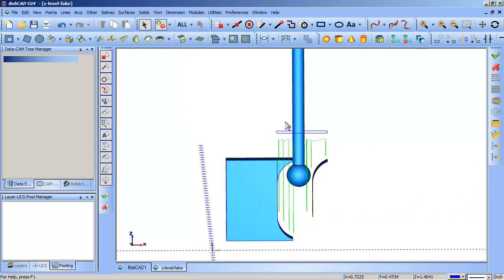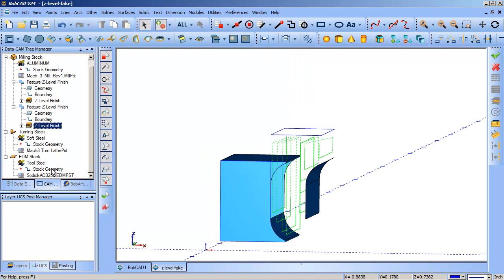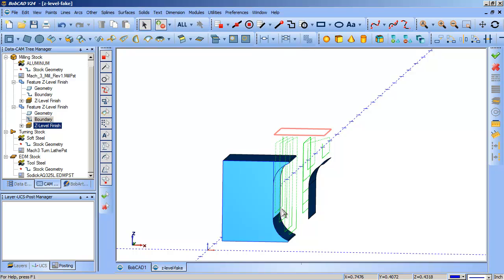So you're not going to be able to look at this and crunch the numbers in the feature. You can just look at this and go, I selected that geometry and used that boundary, and that geometry and used the boundary. And there's a couple of edits in the features you can see to make it go right here. Like this is just a normal Z-level finish right here, because all I did was select just that piece right there. But I'm also programming it, and I'll have to offset this piece down here this way some, because